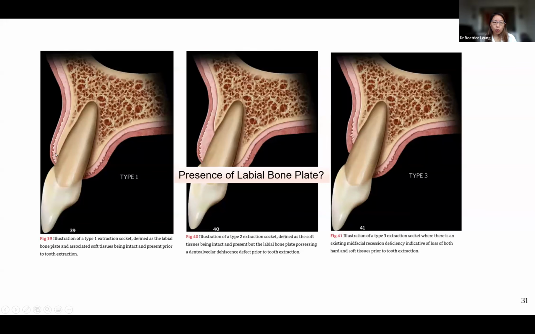Type 1, you can see there's crestal bone all the way to the CEJ. There's soft tissue all the way down to the CEJ. This is the most ideal situation where you want to do the immediate protocol. Type 3 is you don't have the bone nor the soft tissue. Even if you can get immediate placement by having primary stability, you're going to lose soft tissue here. So this is not the case where you should consider immediate protocol because you don't have the biology to support